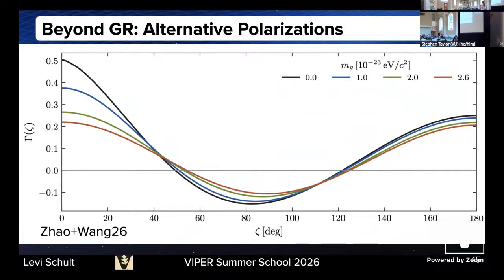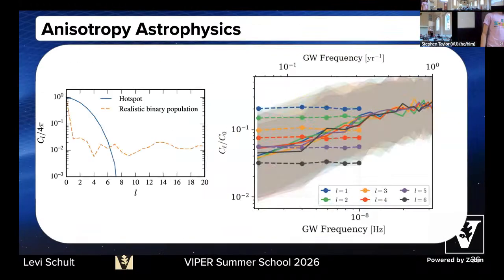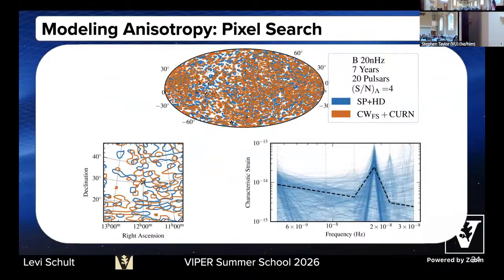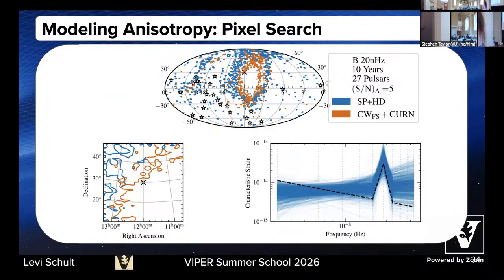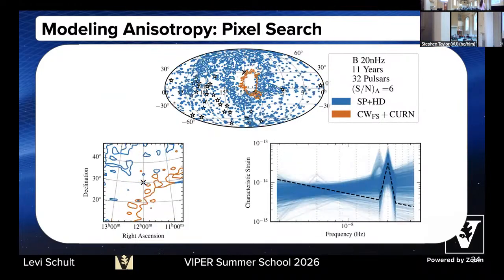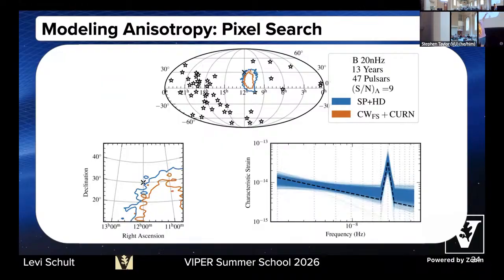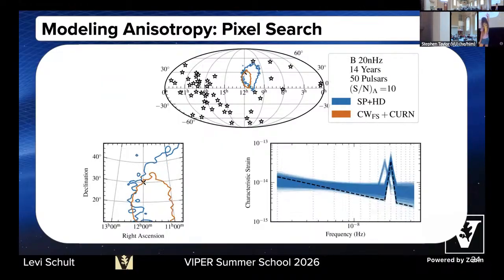Showing how sky localization is evolving over time, along with the spectrum. At first, it looks like the localization is biased a little bit to the right. And it also looks like maybe the spectrum was biased with frequency, like right there. There are some complicated things happening in the spectrum, mainly that